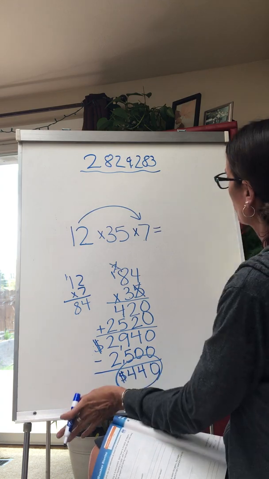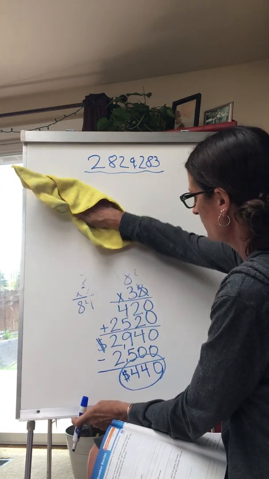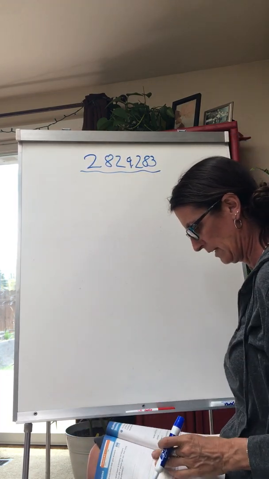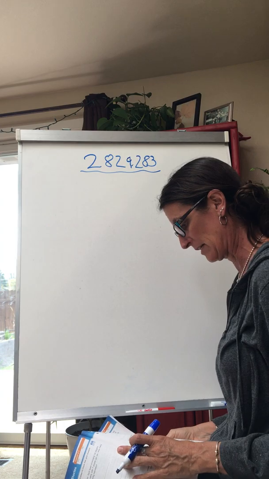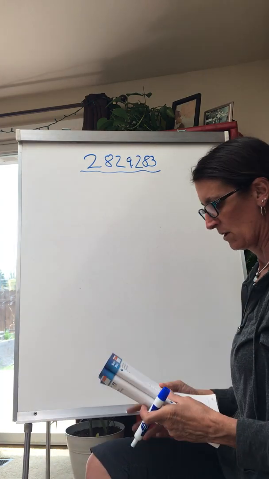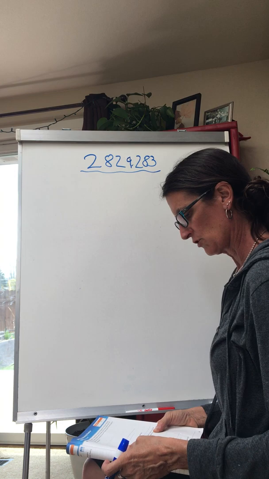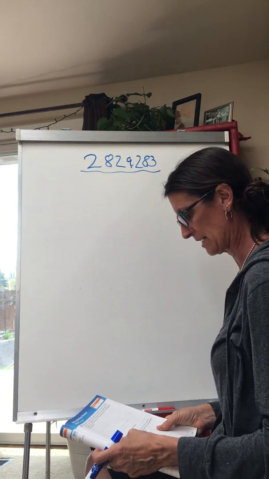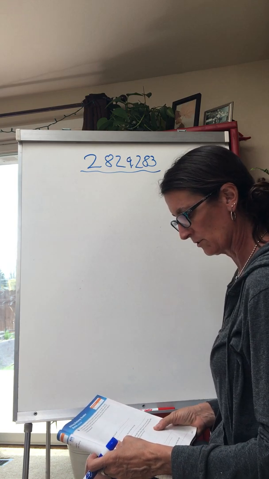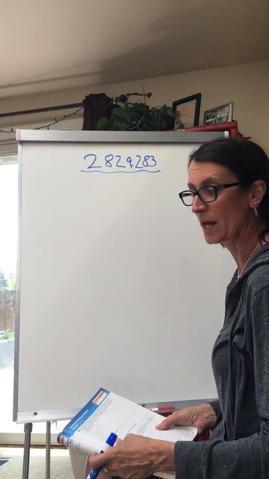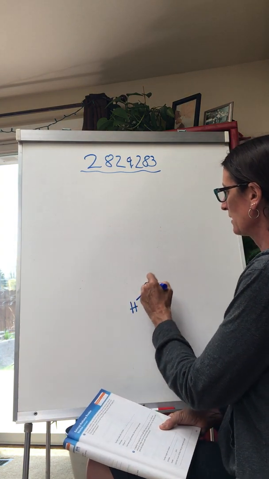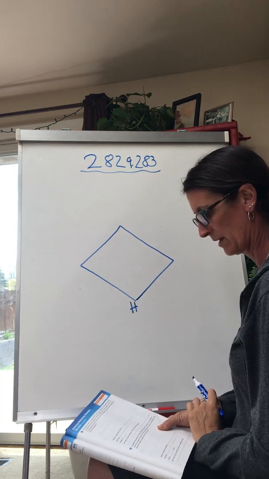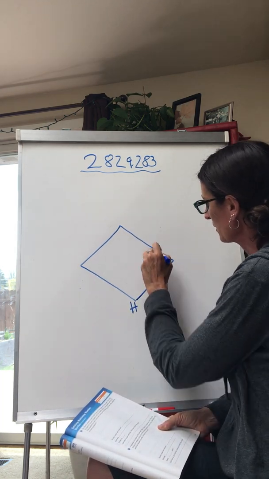And then number 4. In baseball, the bases are 90 feet apart. When a player hits a home run, he or she runs around all 4 bases. During the whole tournament, players hit 9 home runs. How many total yards did players run after hitting their home runs? So if we do home plate and we go to first, second, third, and back to home, and we know that they're 90 feet apart,